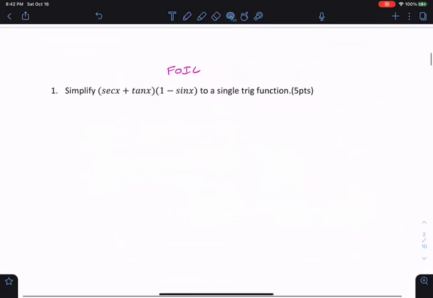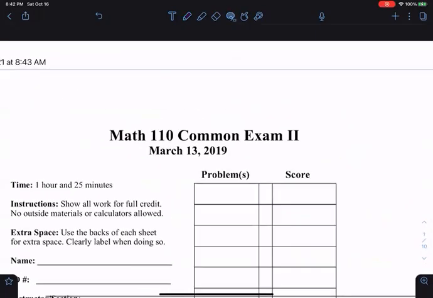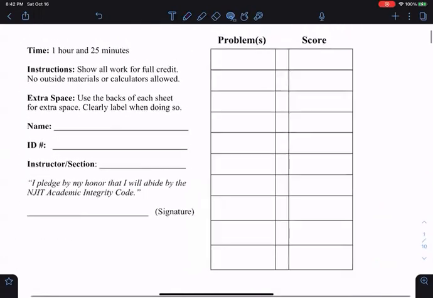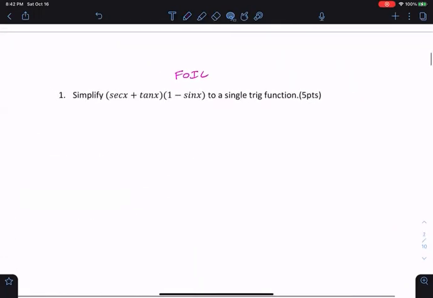Okay, so let's go over the test. This is the test from March 13, 2019. Here they want you to basically make a single trig function. So you need to fold here: secant x times 1 is just secant x,